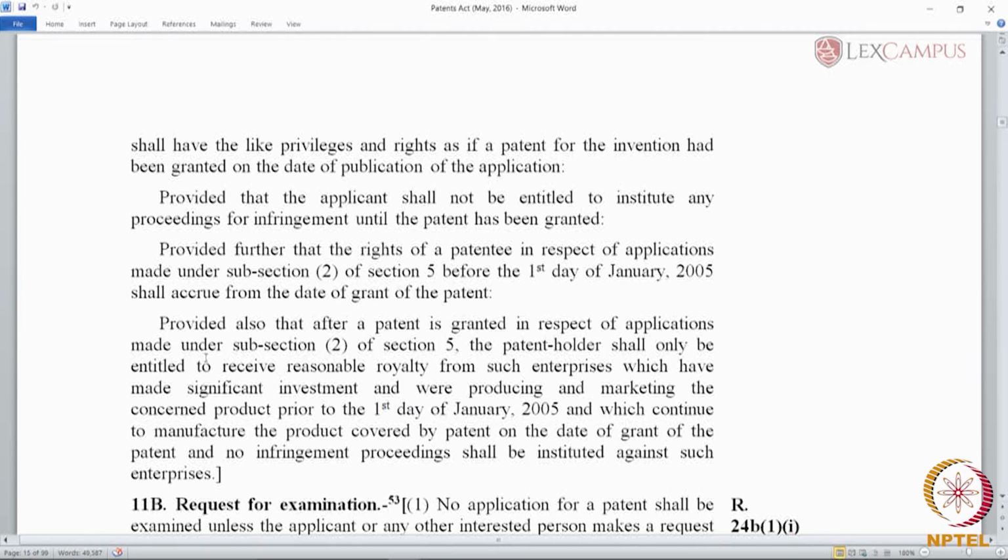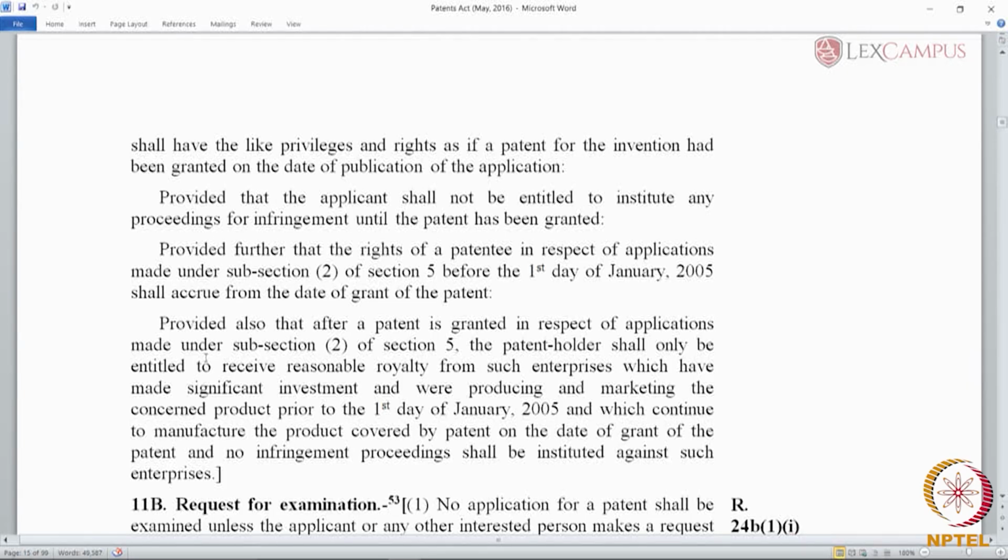Now, the EMR was a parallel right which was created along with the mailbox arrangement. So, this was a right where, if a patent is granted in a foreign country which India recognizes and a drug regulatory approval is also granted for that particular drug, then the applicant in India, in this case Novartis, will have certain exclusive marketing rights, EMR, by which it could enforce those rights. Now, Novartis in this case filed cases against certain generics which included Cipla, Ranbaxy and Sun Pharmaceuticals, stating that the grant of an EMR, which was again done by the patent office, entitles it to stop certain generic companies